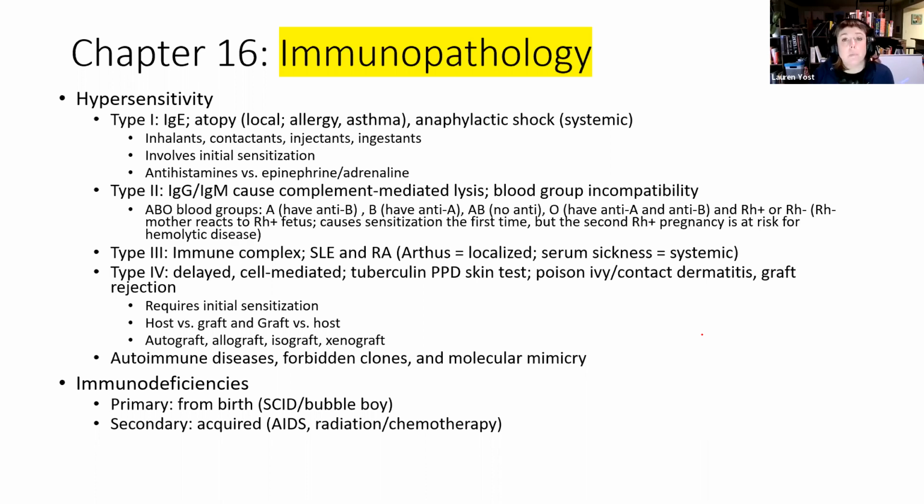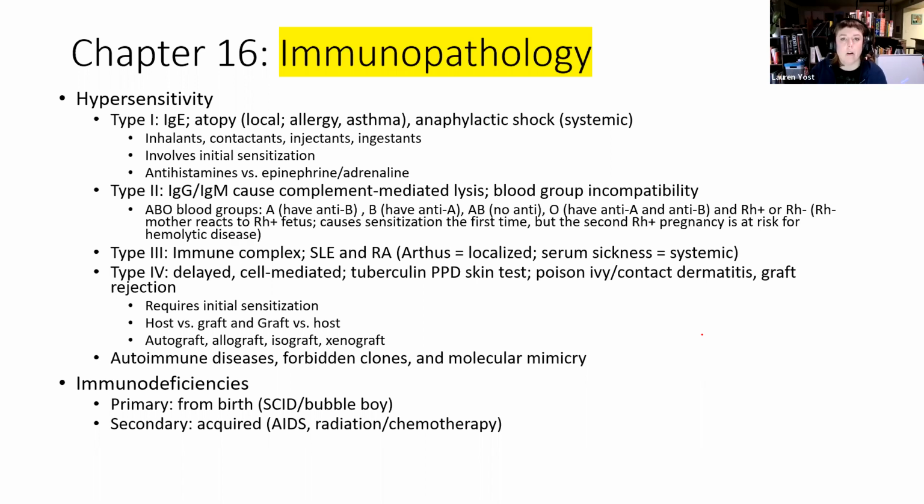Type 3, this is immune complexes. This is whenever antibody and antigen are all bound up with one another in these massive complexes. The big ones are cleared out. The medium-sized ones get stuck in tight spaces and in the actual basement layer of the endothelial cell layers. And then that will trigger reactions from basophils and neutrophils. They'll come along and say, oh, this antibody is hanging out here, this must mean we attack here. And they'll release their things to cause inflammation and vasodilation and damage to the tissue nearby